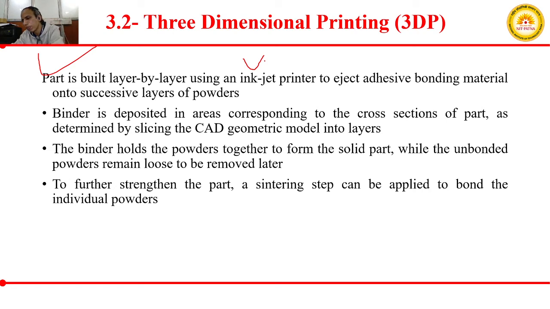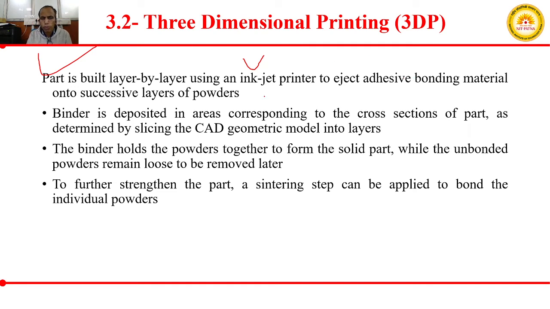I hope all of you have seen the cartridge powder which is used in black and white printers. This is black, very fine black powder. Okay, so the same kind of material, metal or maybe non-metal powders, are used in the three-dimensional printing of your object using this RP technology.